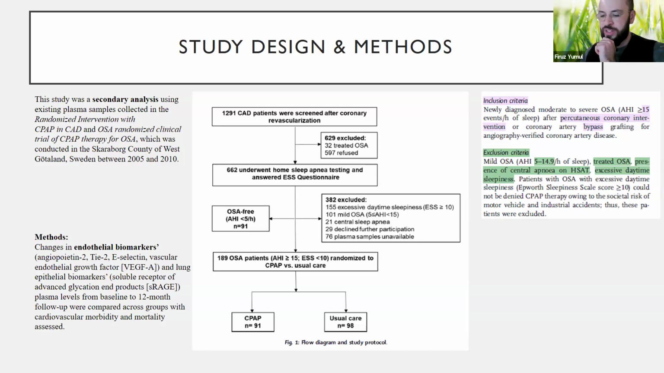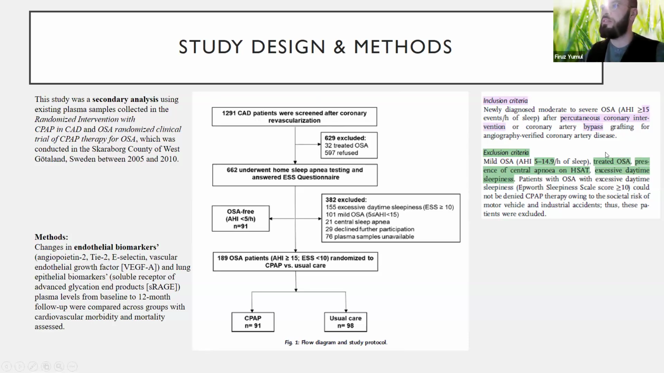The patient population were patients with sleep apnea who had undergone coronary revascularization. So we started off with 1,291 CAD patients who were screened after coronary revascularization. And then the inclusion and exclusion criteria. The inclusion criteria was that the patients had to have newly diagnosed moderate to severe OSA, which they defined as an AHI of 15 or more events per hour of sleep after a PCI or coronary artery bypass grafting